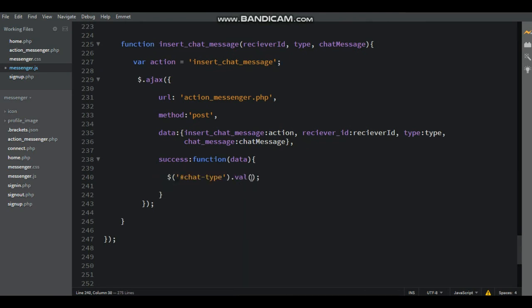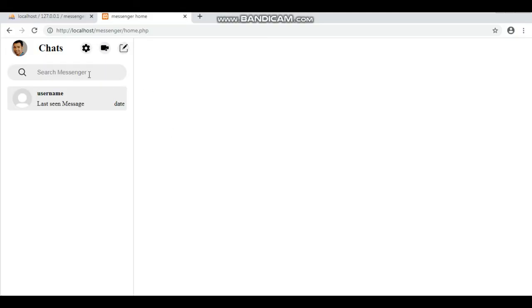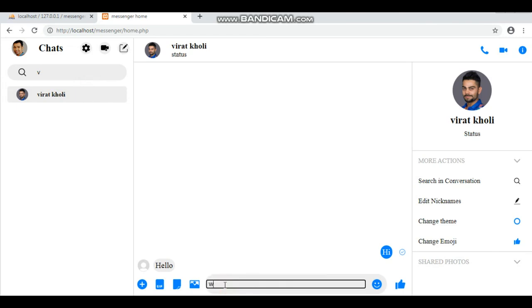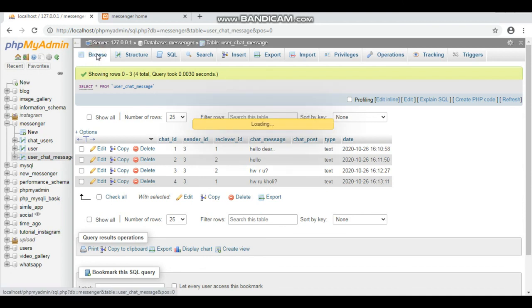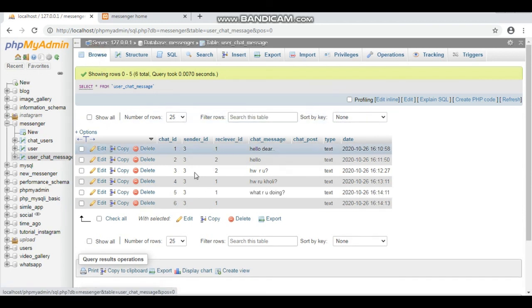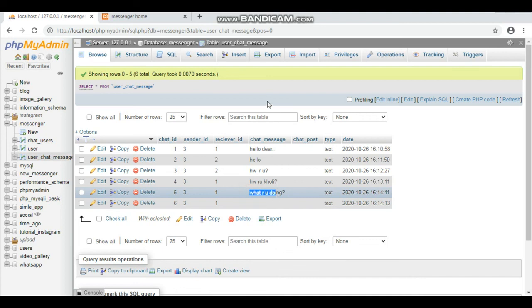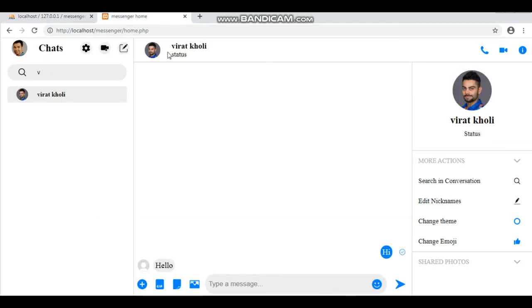Here inside the value, inside the bracket, write single quotes and send the message to the user and click the send icon, and after sending the message, here that is the input field shows empty. Now finish: inserted message to user successfully and also inserted message to database.